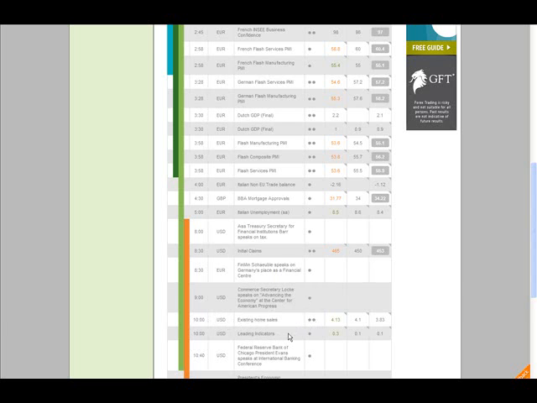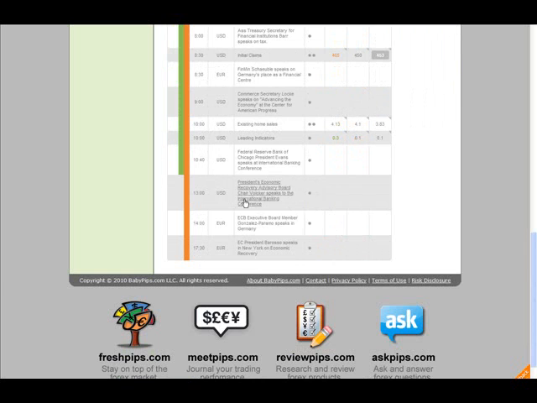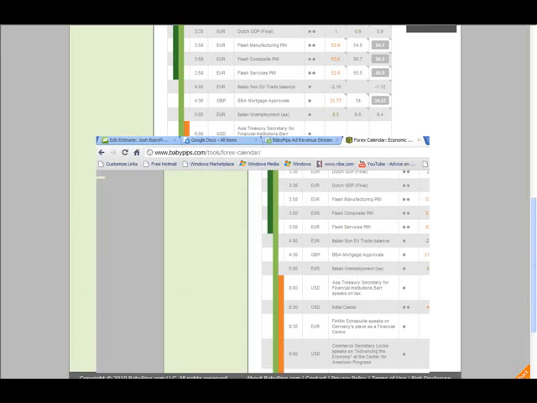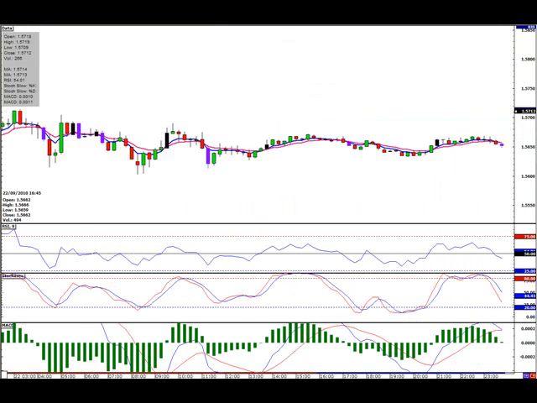We also had leading indicators, not that important. Another speaker, not that important. So really, 8:30 and 10 o'clock were the only news times to watch out for. So I'm just jotting that down in my Notepad. And you can do the same thing or set some kind of alarm just to let you know when those times are coming out, because we don't want to be in the market during those times.